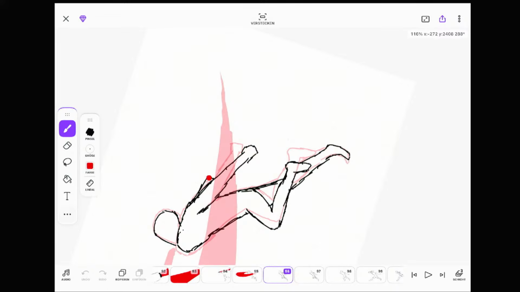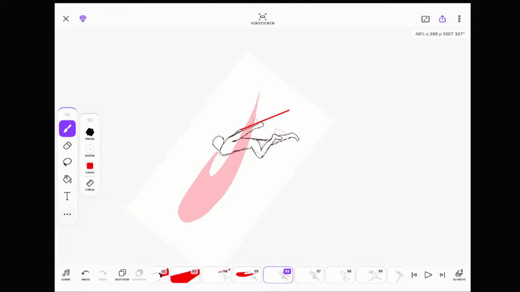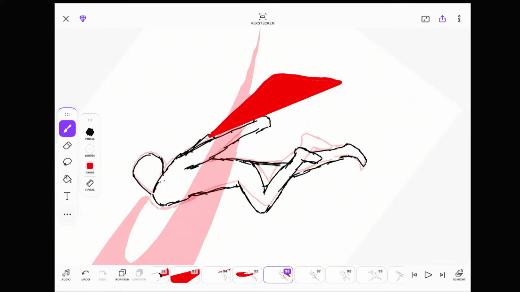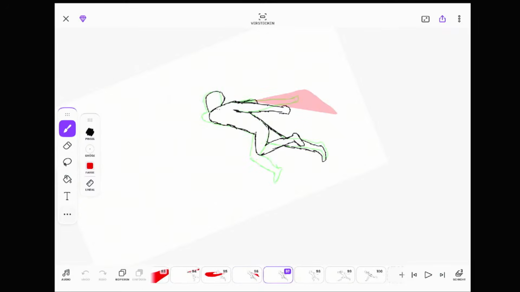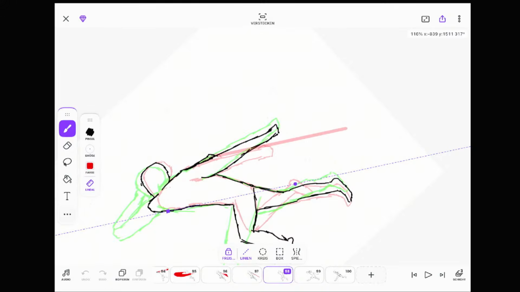It's a lightsaber right here. Brought it in. More. Then here's the lightsaber.